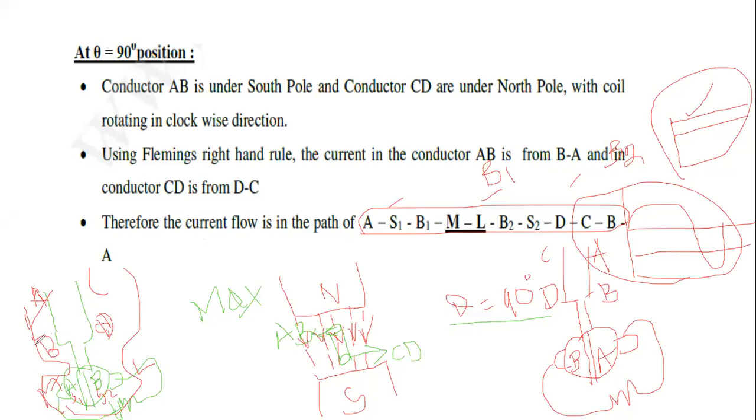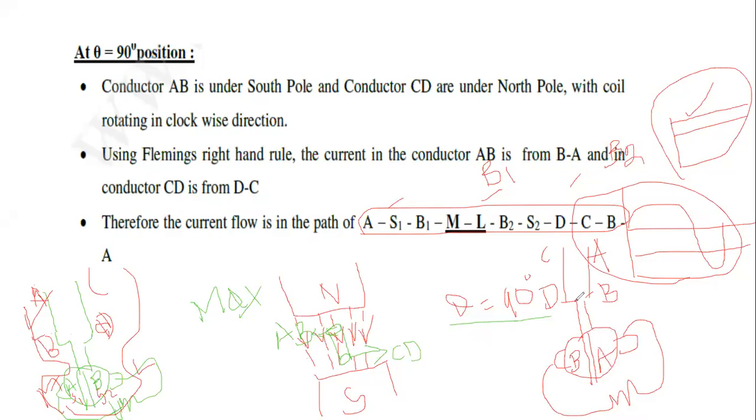That will be observed in this figure. This is the conductor A, B, C, D. That conductor is connected by the commutator segments A and B. This commutator is divided into two parts by thin mica. The commutator segment A is connected to the AB conductor. After some position changes, the AB conductor changes position and the commutator segment also changes position.